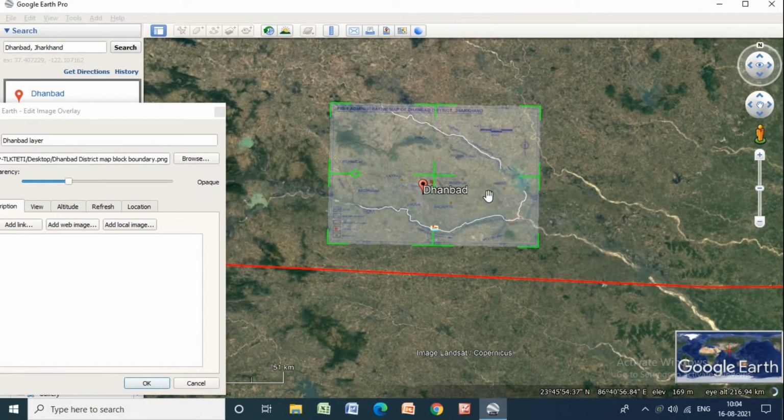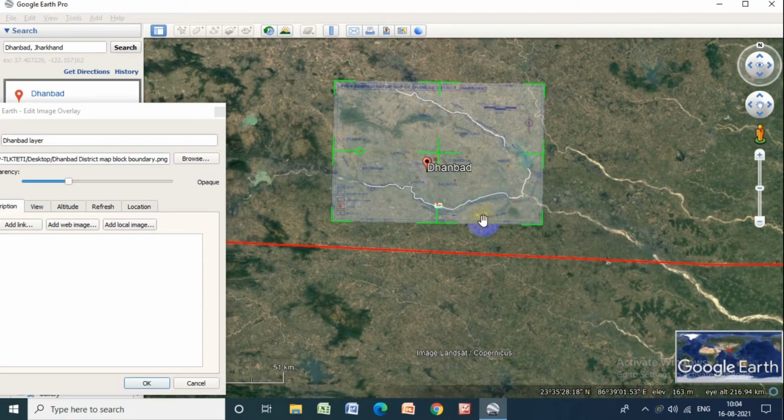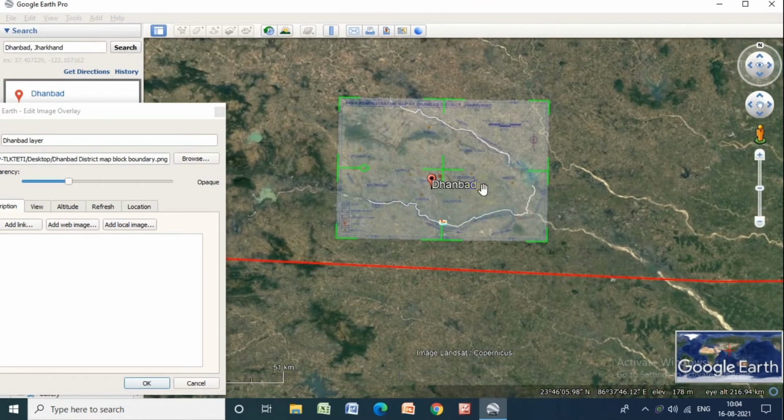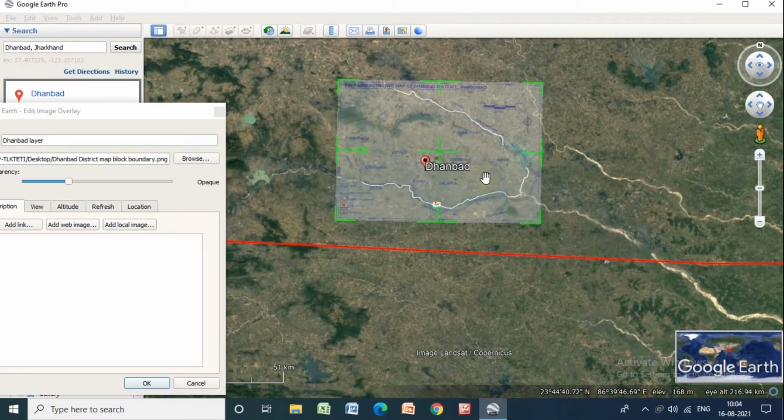So both rivers match with the Dhanbad boundary, and we superimpose the outer map with a high confidence level so that accuracy is maintained.